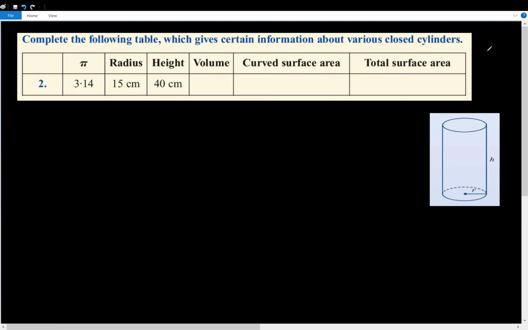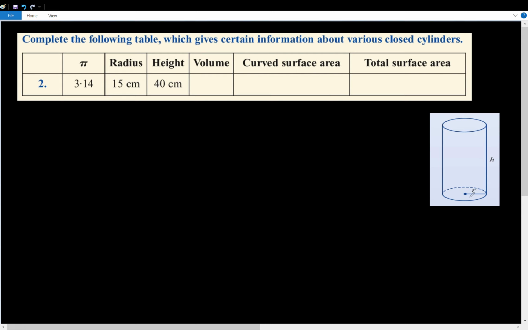This is question 2 from exercise 18.4 in Project Maths 2. We have to complete the following table, which gives certain information about various closed cylinders. So in our case, we're given pi, which we're to use as 3.14. We're given the radius of our cylinder, which is 15 centimeters, and the height of our cylinder, which is 40 centimeters. And we can see over on the right here a sketch of how a cylinder would look and where